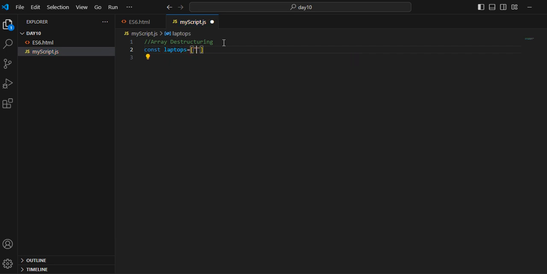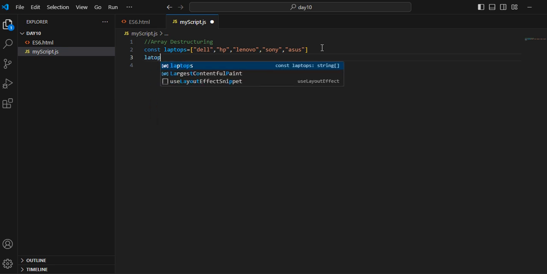laptops, and I'm going to assign all the brands here. HP, Lenovo, Sony, and Asus. Okay, so we have an array which contains all the laptop brands. But how do we extract the values from an array and assign them to variables? For example, the traditional method is